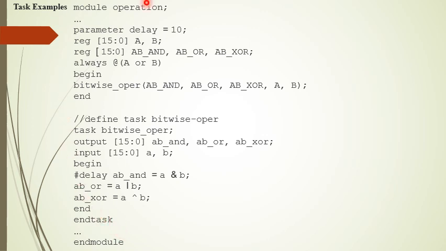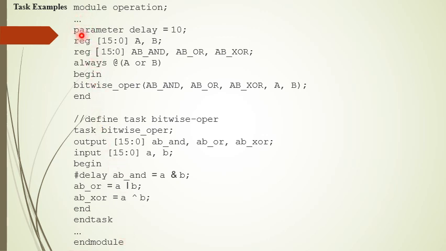So you see the structure: it is a module definition line, endmodule. Inside that, first we have the main program where we invoke the task, and soon after that we declare the task between the task and endtask keywords. Okay, so this has to be enclosed between the module definition line and the endmodule line. So we'll go into the details of this program.